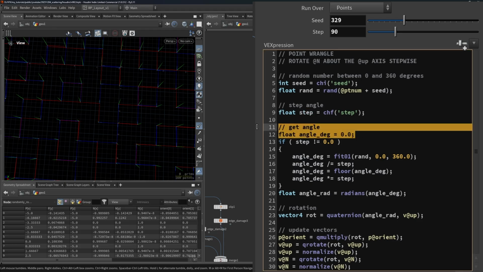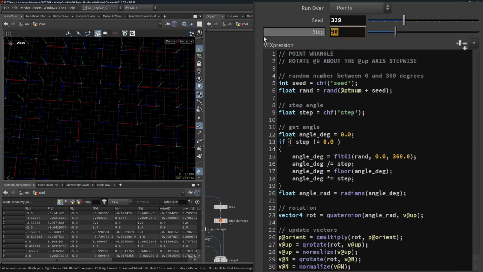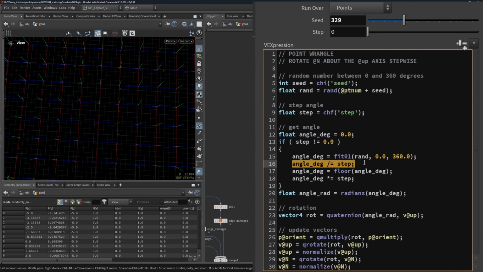And what this is doing is, I define my step angle. I also put this if step is not 0, because if I put step to 0 here, I'm going to get a division by 0, which Houdini won't actually error out on, but it's probably not a good thing to have. So I just say if step is not 0, I'll fit my random number between 0 and 360,